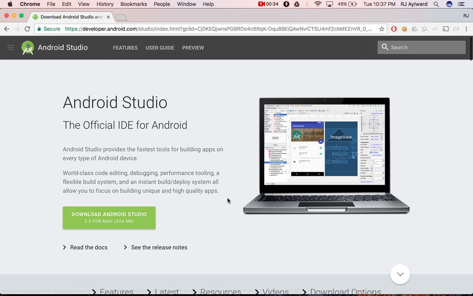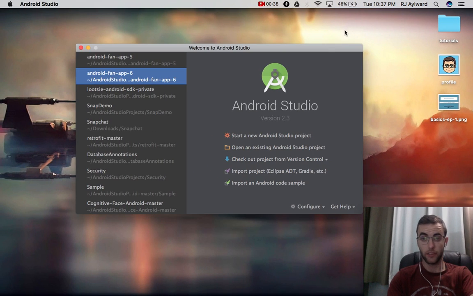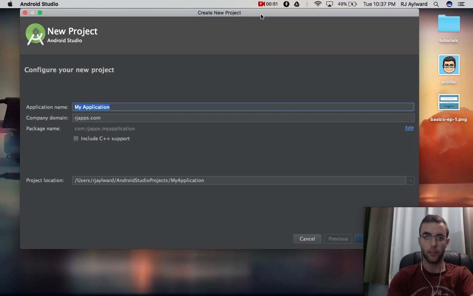Just click this. It might take a minute to download because it's sort of a large file. I'm not going to re-download it since I already have it, but once you get it installed, you should get a welcome screen that looks something like this. So what you'll need to do is go ahead and click Start a New Android Studio Project, and you'll go